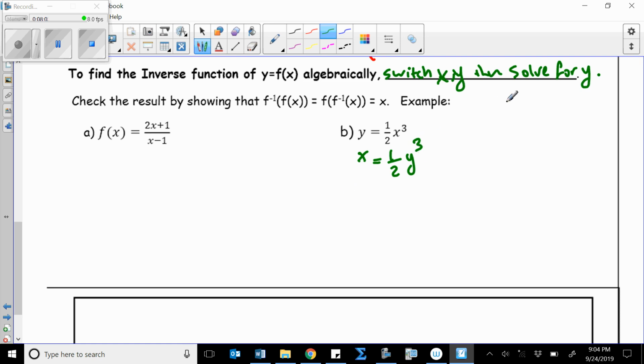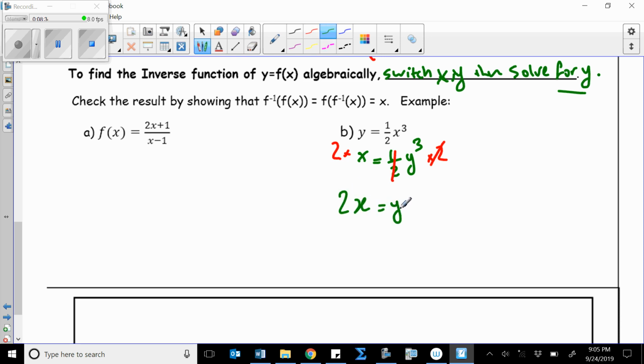Now we need to solve for y. That means you need to get the y by itself on one side. So you have to get rid of everything that you have around this y. The first one that we want to get rid of is this 1 over 2. So in order to cancel this 1 over 2, you can just multiply both sides by 2. So then 2 times 1 over 2, they cancel each other, and on the left side you have 2x equal